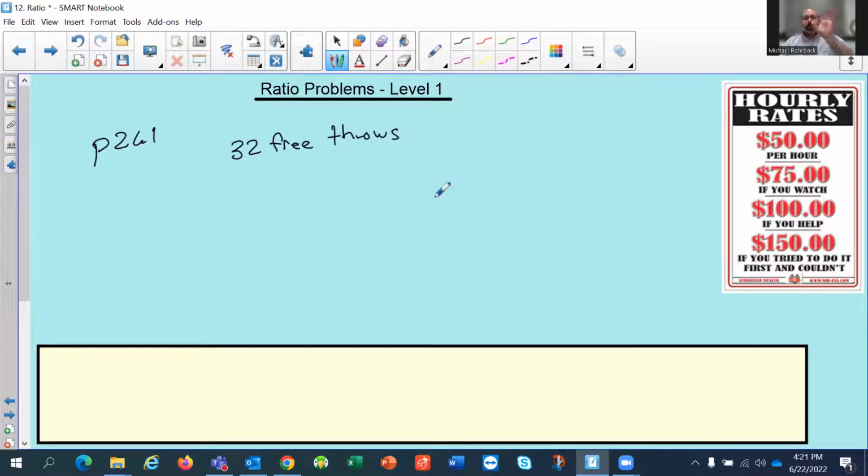All right, so he shot 32 free throws and made 20. That's actually pretty good. I don't know, that's better than I would do. Made 20 shots. What's the ratio of free throws made? So here's what they want. They want made